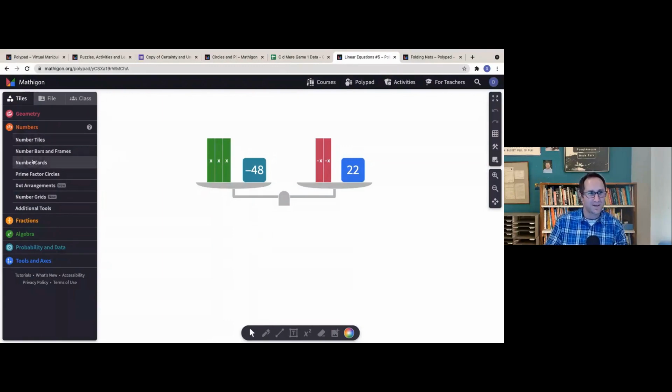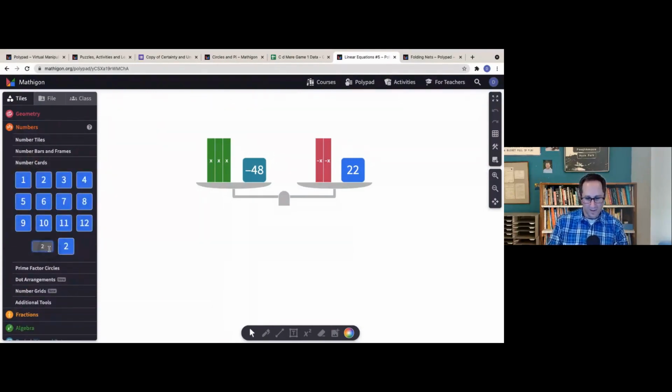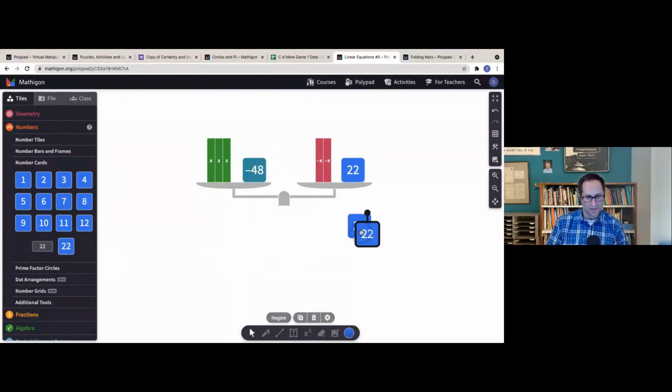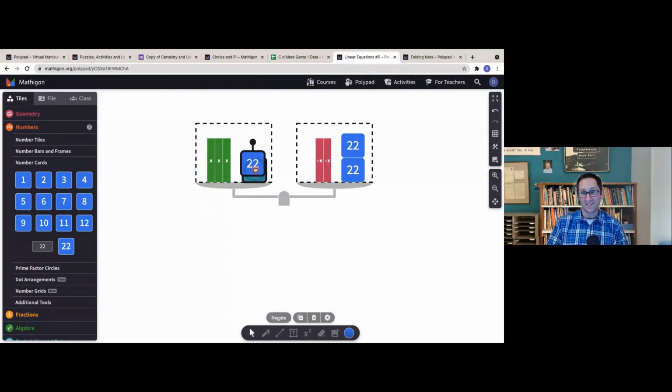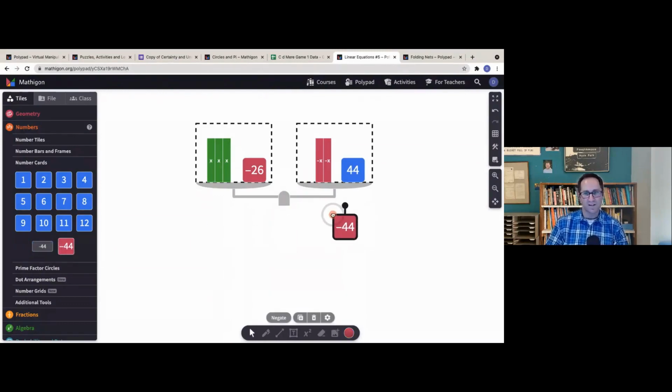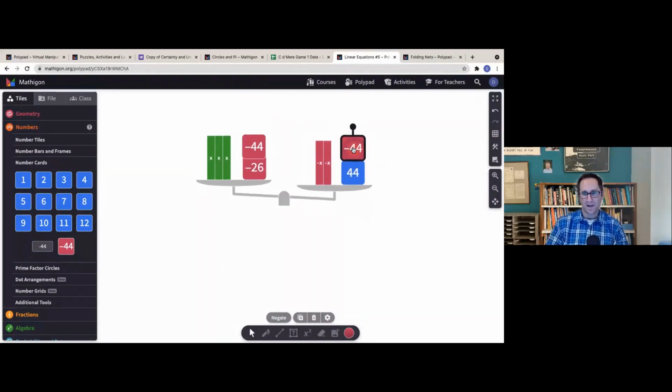So here, kids would go to the number cards and maybe by mistake, they would say, I'm going to add on 22 here, add 22 to both sides. Now, when you add that to both sides, does it maintain equality? Yeah, it sure does. It didn't maybe help us down our path, but it maintained equality. And they might say, oh, what I meant to do was add the opposite of that. So if they add negative 44 to each side of the equation, and then put that here, does that stay balanced? Yeah, it sure does.